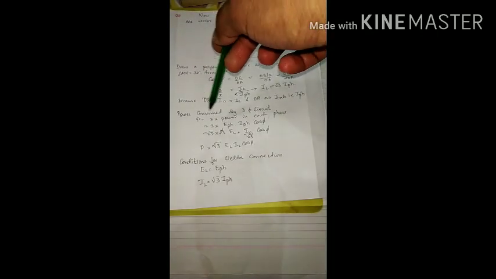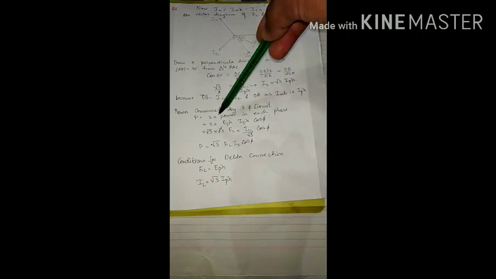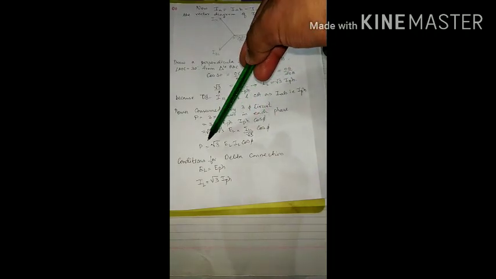So the power consumed by a three-phase circuit is P is equal to 3 into power in each phase, as we have 3 windings. So what is the power in each phase? 3 into E phase into I phase into cos phi. In delta, E phase is equal to EL. And we got that IL is equal to root 3 I phase. So I'm going to replace I phase as IL by root 3. I'm going to write 3 as root 3 into root 3. So root 3 gets cancelled. I get power is equal to root 3 EL IL cos phi.